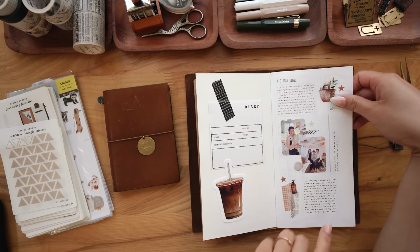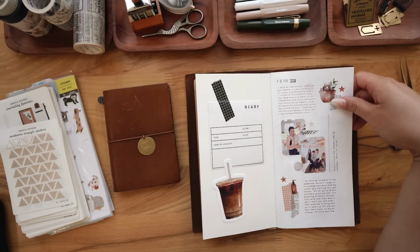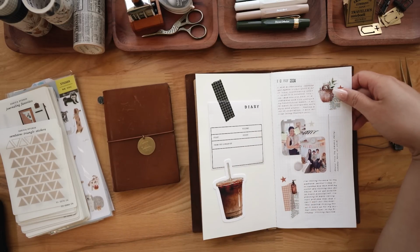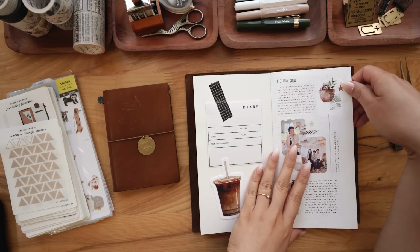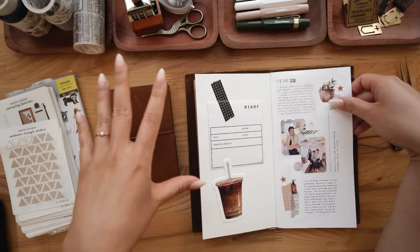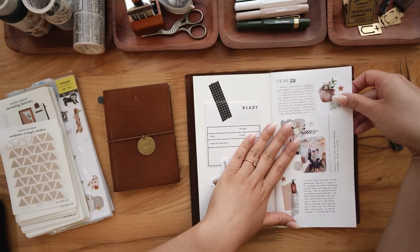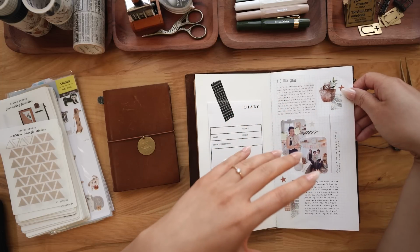And I think I had the capacity to do that before kids. And then once I had kids, I didn't have the time and energy. And even when I regained that time and energy after my kids were old enough, I still felt like I was holding myself back from doing this kind of journaling, because I was out of practice, and then also because I didn't know what to do with having kids in